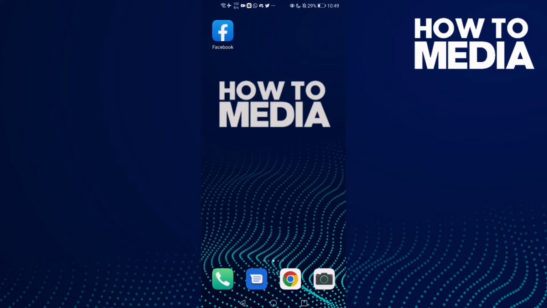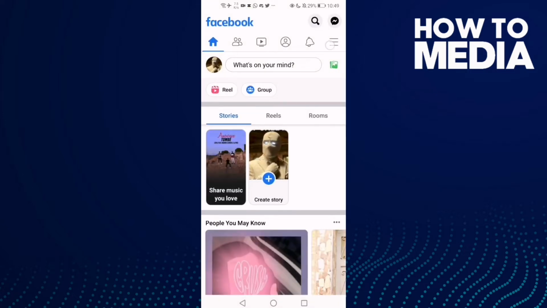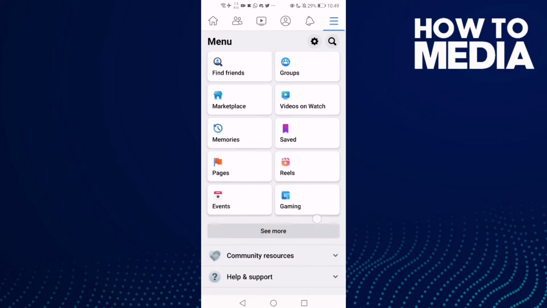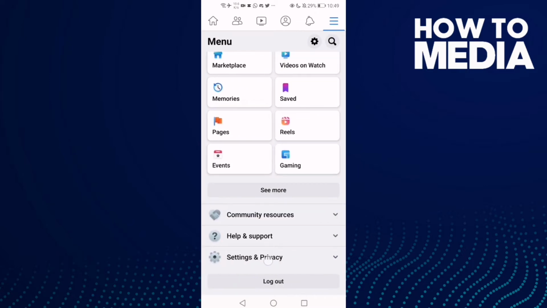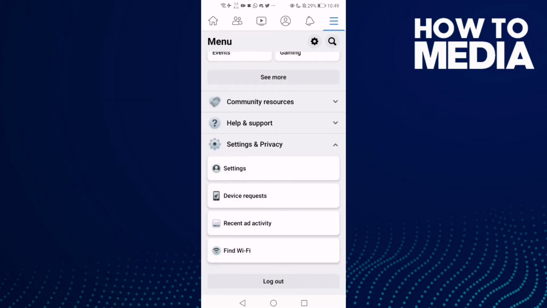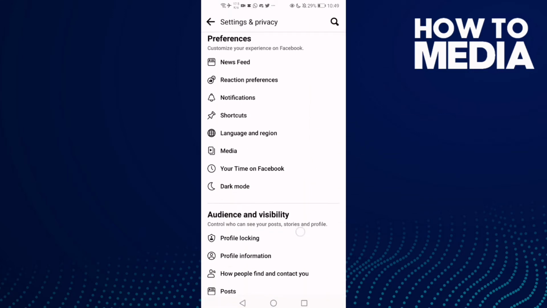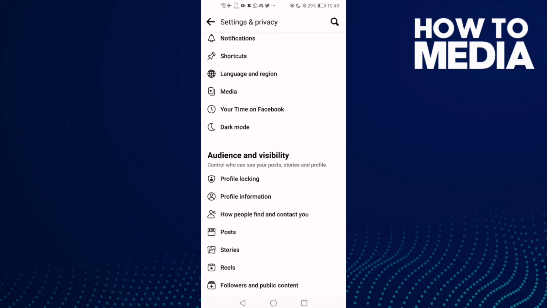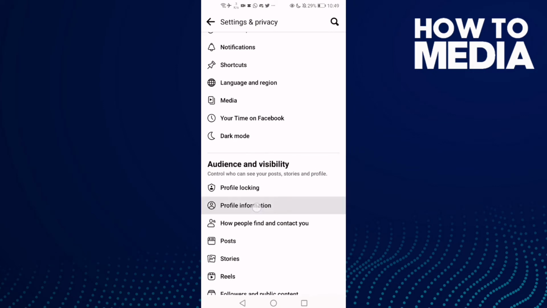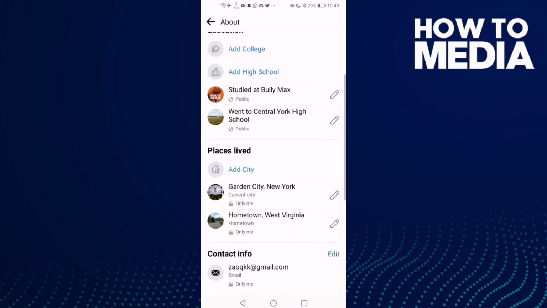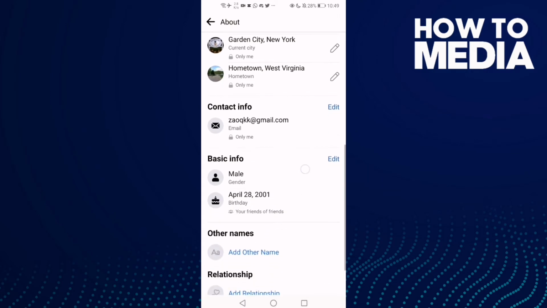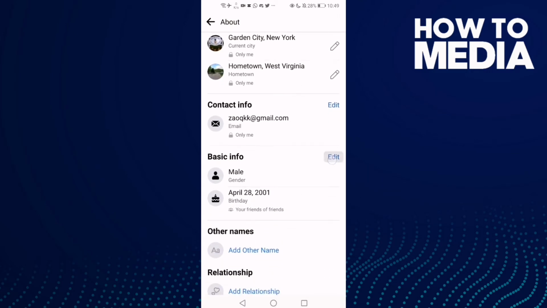First thing you're gonna do is go to Facebook and now click these three lines here and go down until you find settings and privacy, and then click settings and then go down again until you find this one, profile information. Click on it and go down and you will find here this one, basic info. Click edit,